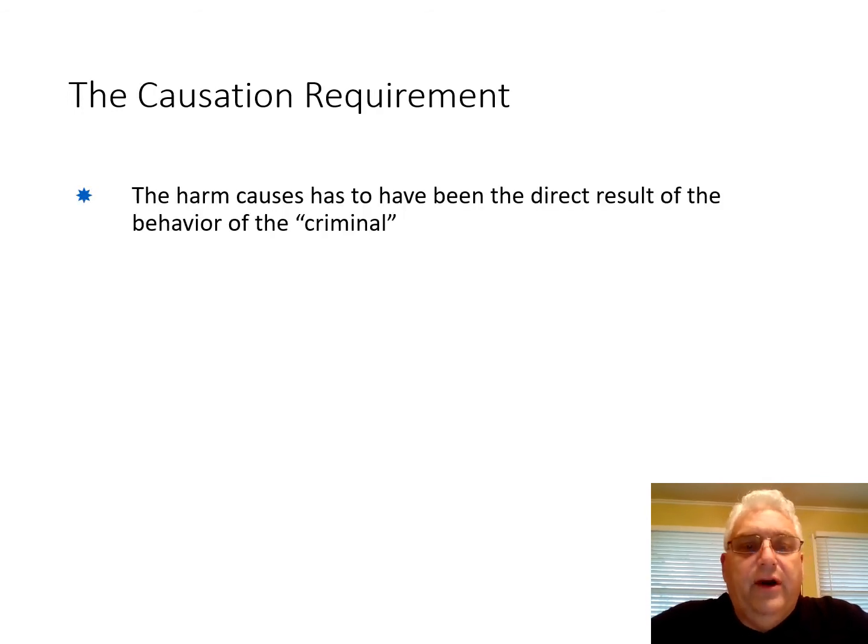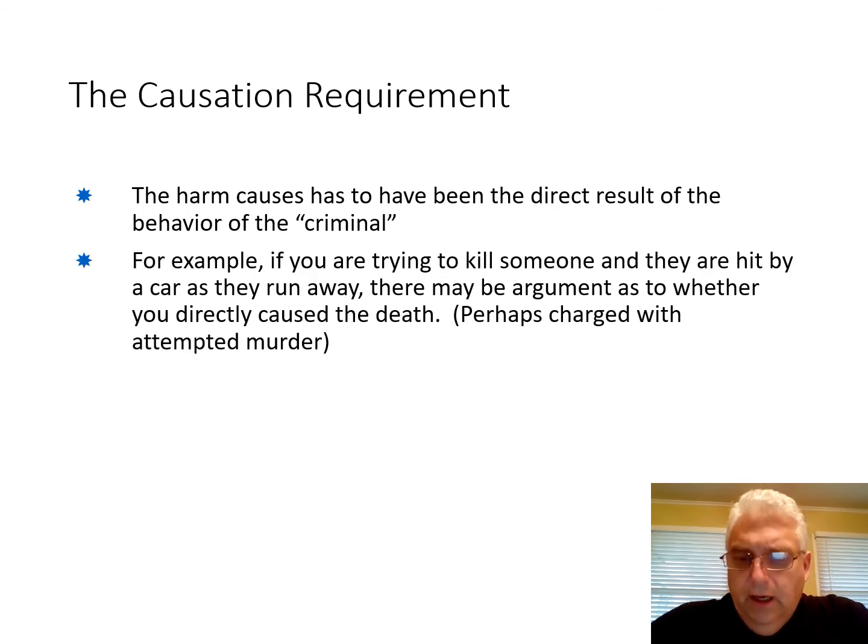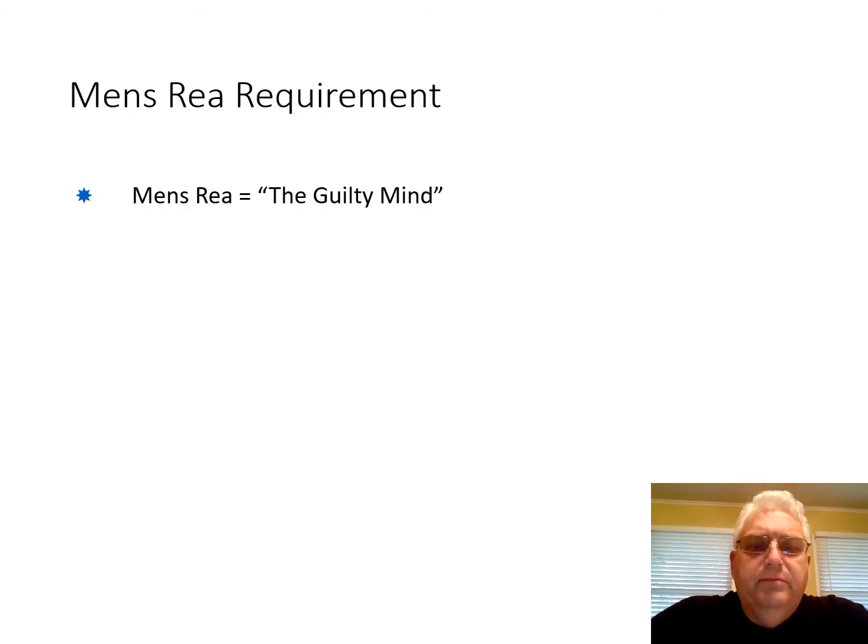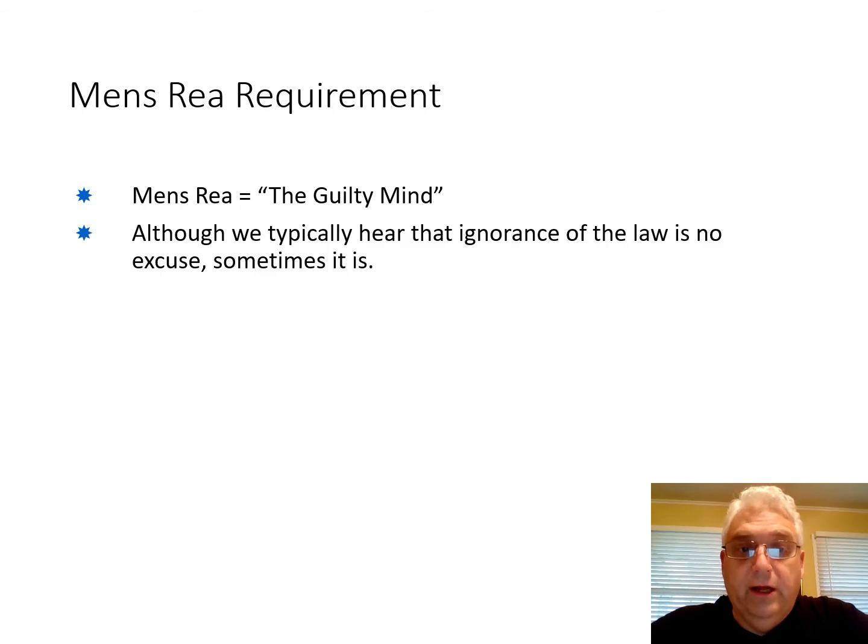Basically there has to be a direct result between the action or behavior of the criminal and the outcome. And next, mens rea, the idea of a guilty mind. And we'll keep this one in mind because this is one that will get challenged. So we hear things, and you've probably heard, and in fact, one of the cases we talked about at the beginning of the semester, the Supreme Court cases, that ignorance of the law is no excuse.